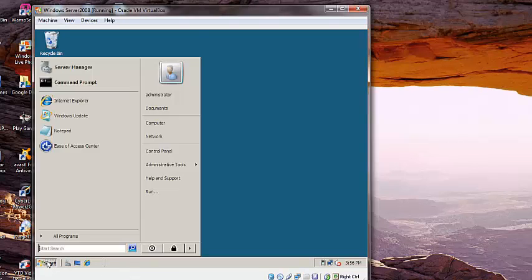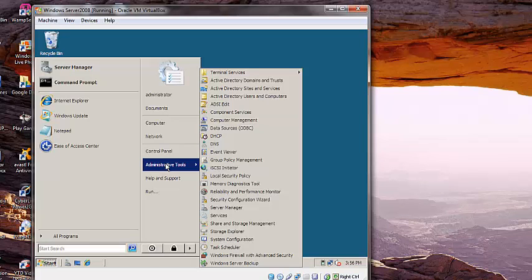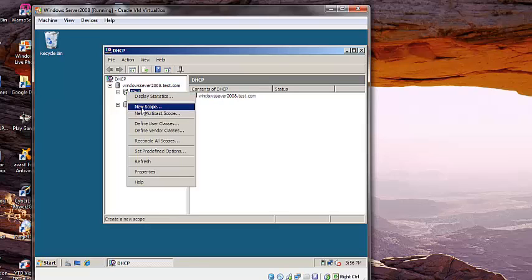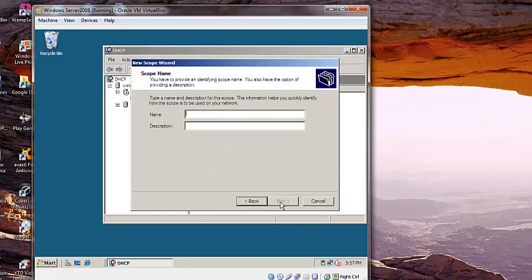Now if we go to the start button and administrative tools, we should be able to see the DHCP snap-in here. As you can see, it's here. We will just select it, and at the left here is our server. So we expand the server, and we would be using the IPv4 version. So expand the IPv4, and we can right click on IPv4 and we want to add a new scope. Click on next, and we'll type a name for the scope. We'll type Human Resource, or you could type any name you want,